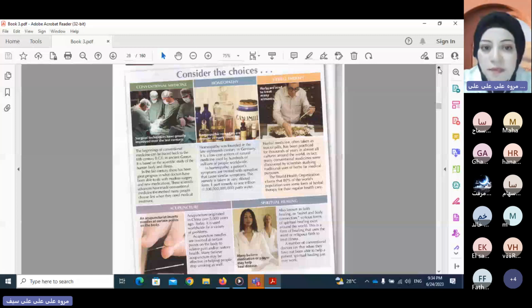The kinds of treatments. What is number 1 here on the left? Conventional medicine. Excellent. So we have conventional medicine, which means traditional medicine. Okay, we're going to learn about it. Like surgery, for example. The traditional kind of medicine, or the conventional medicine. Okay, what about picture number 2? What kind of treatment is here?